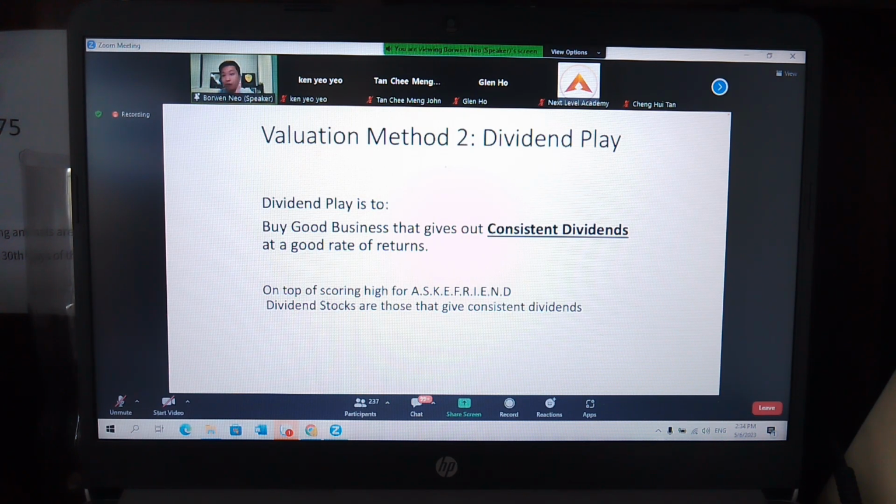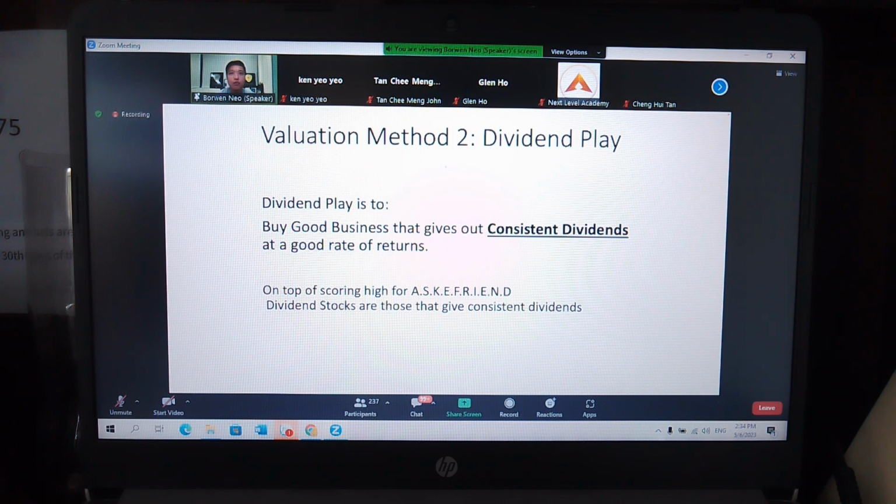Okay, so I need to make sure that, number one, the dividend is consistent, and if possible, it should be either the same amount throughout or increasing slowly. That will classify as a good dividend company. So some of the things you need to take note of, for example,